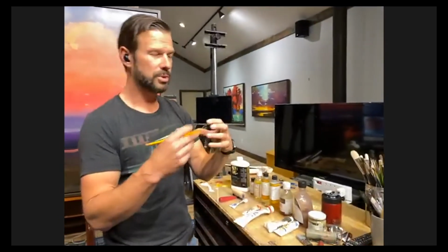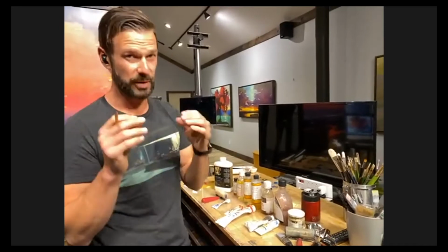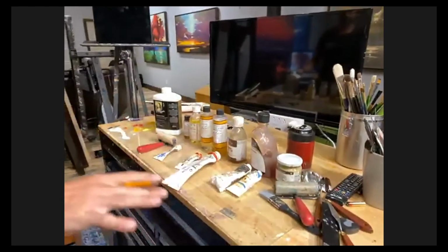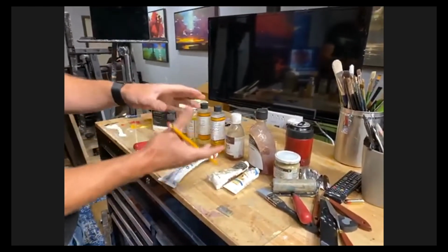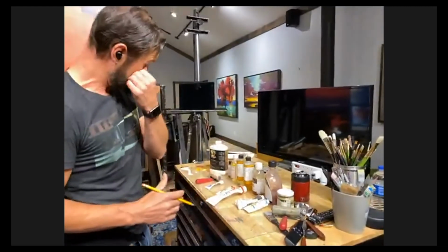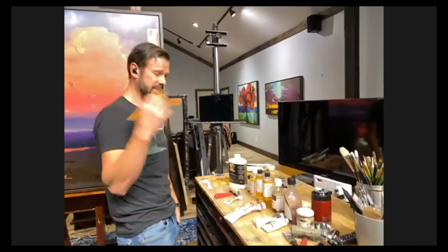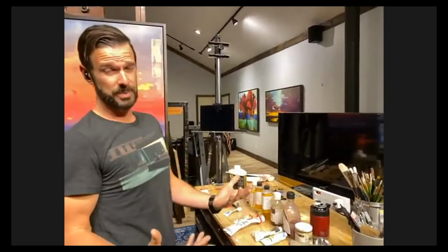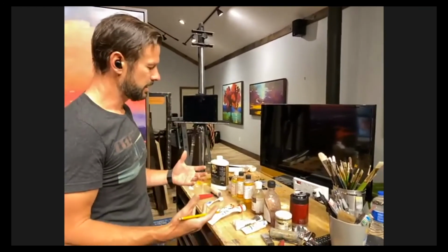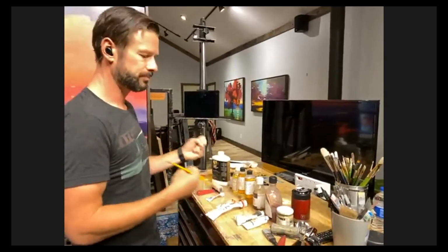This stuff can actually make the paint have so much body, almost to the point of really warm Play-Doh. That's too thick, but very thick. And it speeds the drying. So to keep it real basic, with glazing, you can either speed the drying time or slow the drying time, thin the paint or thicken the paint. And I could actually make all my oils react almost exactly like acrylic. And acrylic paint, Golden has come out with mediums, you can paint with acrylic and have the effects that oils have. But with a little time invested, you can really start to get some of this transparency